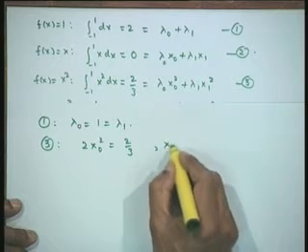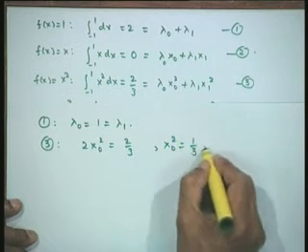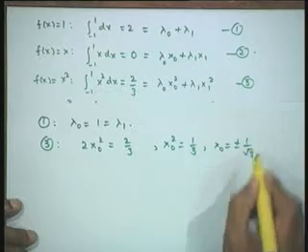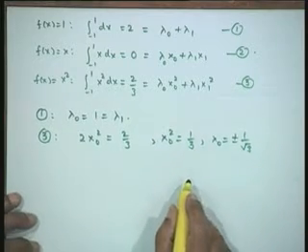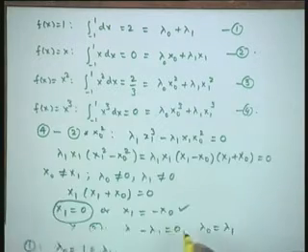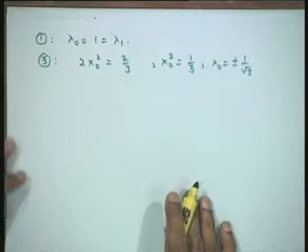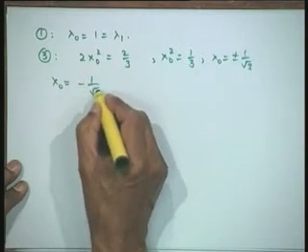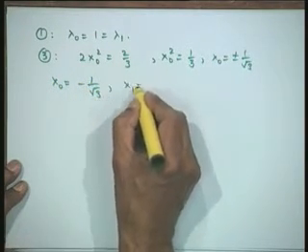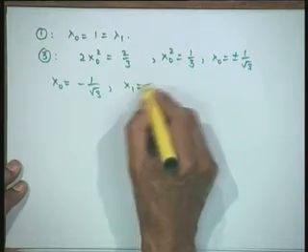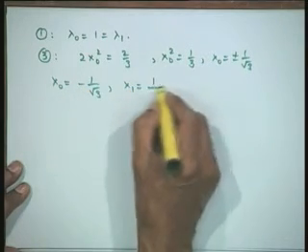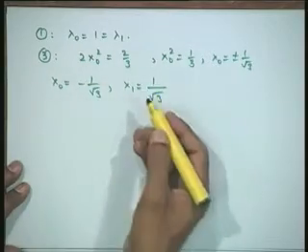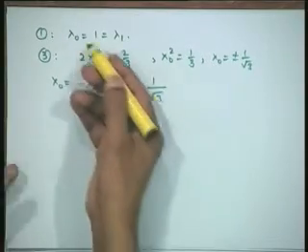This gives you x0 square is 1 by 3, x0 is plus minus 1 upon root 3 and x1 is equal to minus x0. So, I will have the opposite sign. I choose x0 as one of them, either plus 1 by root 3 or minus 1 by root 3. If I take x0 as minus 1 by root 3, I would get this as 1 by root 3, or conversely I will get the reverse one,